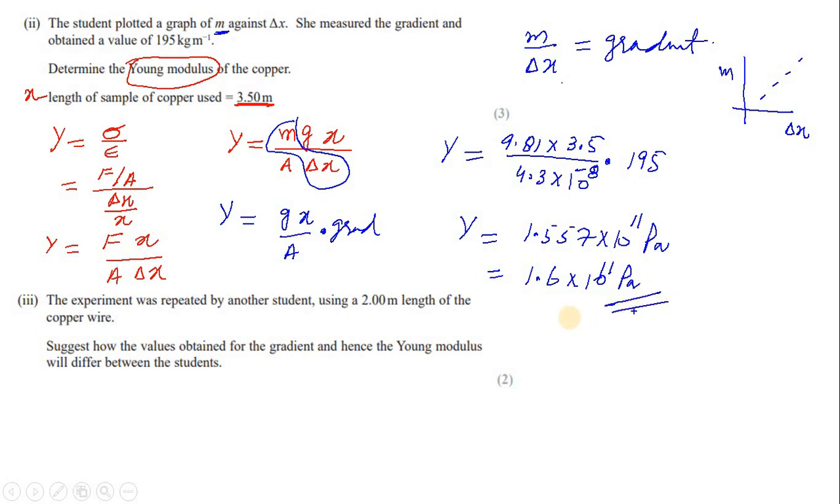See, I did every step in detail. You can skip whatever you want. So the experiment was repeated by another student using a 2-meter length of copper wire. Suggest how the value obtained for the gradient and hence the Young modulus will differ between the students. Remember, first important point, Young modulus only depends on